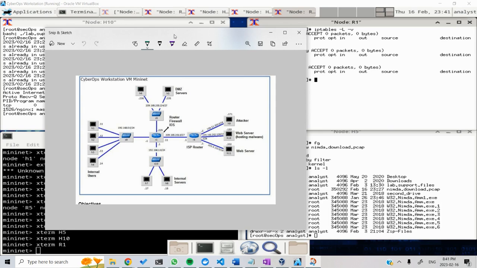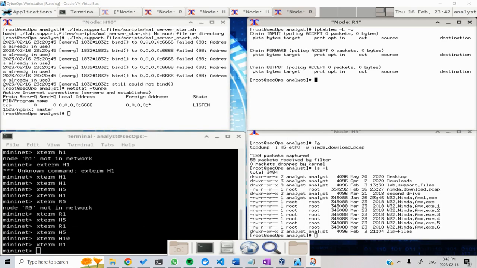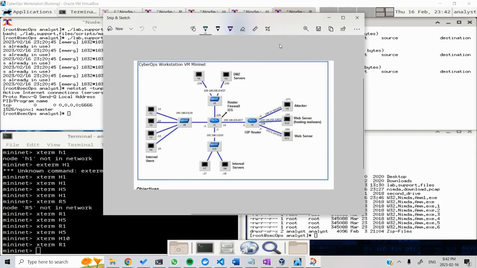To do that, we're going to use this diagram here, go back to R1. This is our main edge router. It's our only router in the network. It's going to be our firewall and our IDS. So we're going to use the IP tables with the firewall to block